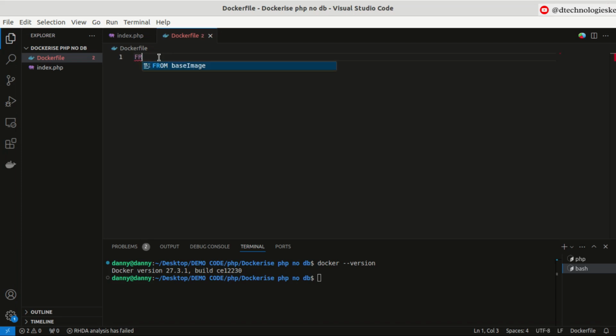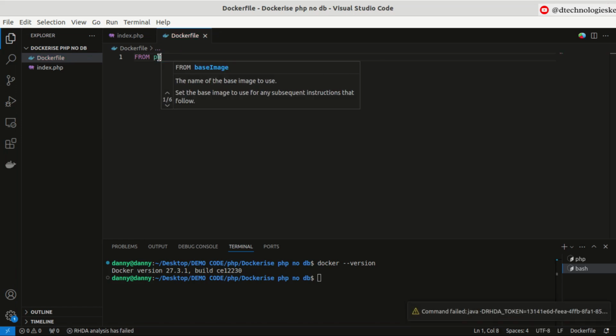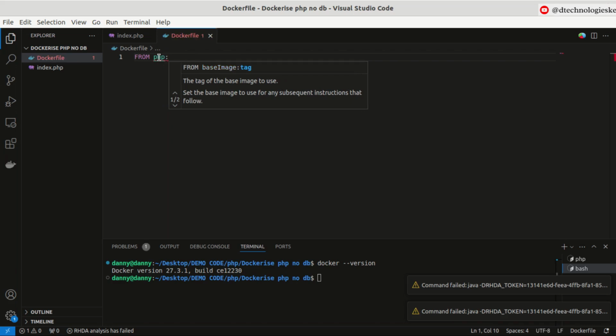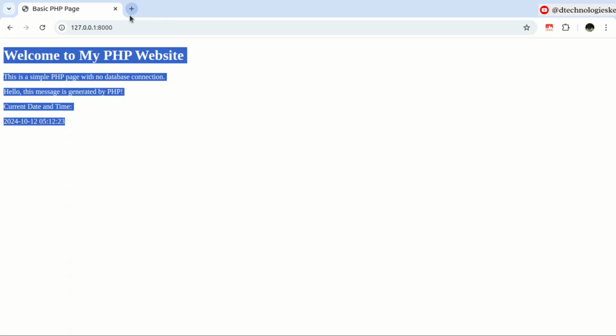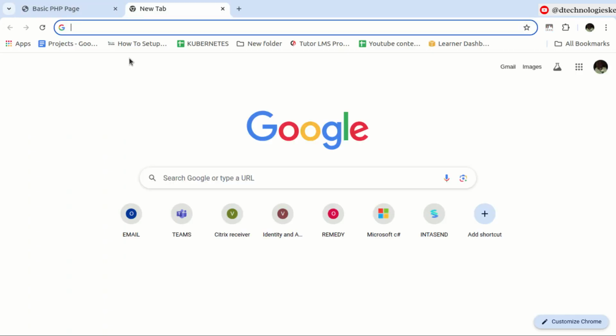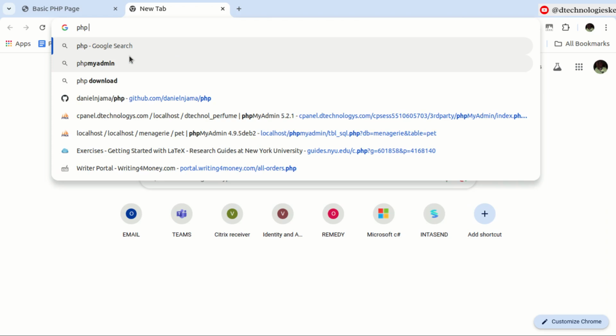In my case I'll mention FROM, then make use of the official PHP image, and in this case I'll make use of tag 7.4-apache, right? But in here you are free to try any of these images. Let me just do that,